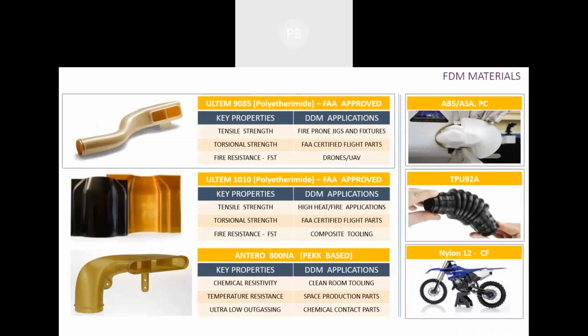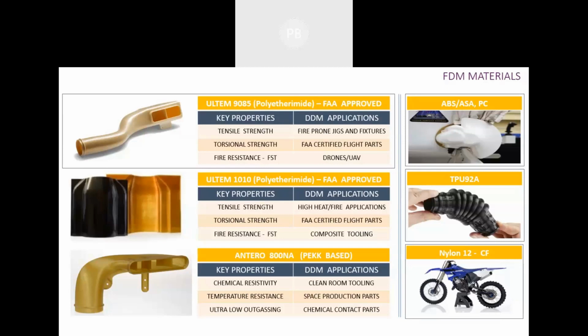This is some of the material which I have found out, which is the most used and very keen to be known to everybody. Some materials, as I told, are ABS, ASA, and polycarbonate. These are the most commonly used, of which ABS is the most common. ABS stands for acrylonitrile butadiene styrene. So this is the complete full form of ABS.